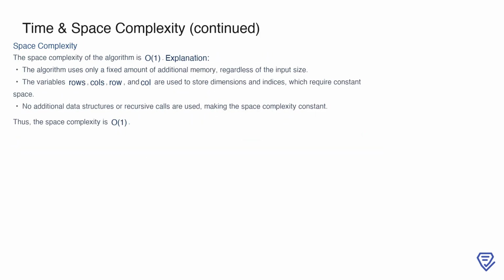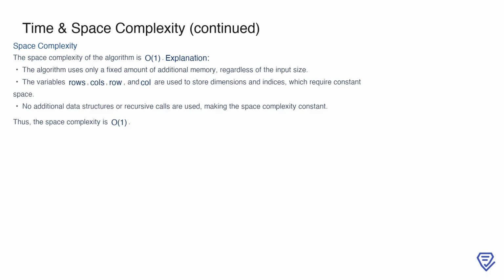Now, let's consider the space complexity of the algorithm, which is O(1). This constant space complexity arises because the algorithm doesn't use any additional data structures or memory that scales with the input size. All it requires are a few variables, such as those to store the matrix dimensions and the current indices, which take up a fixed amount of memory. No recursion or auxiliary storage is involved, so the space usage remains constant regardless of the size of the matrix. This makes the algorithm not only time efficient but also memory efficient, as it operates within the constraints of O(1)